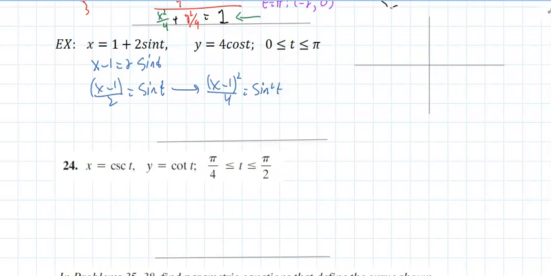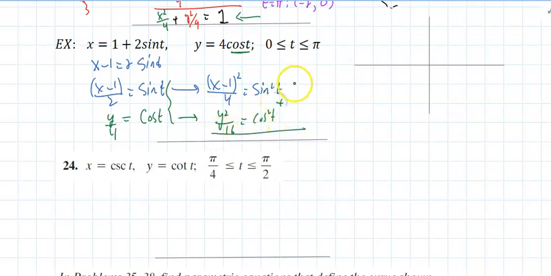Of course, there's other ways of doing these problems. I'm choosing this way. And if I isolate this cosine by itself, divide by 4 both sides, and if I square both sides, I will get y squared over 16 equals cosine squared of t. And if I add the right, I'll get a 1. And if I add the left,